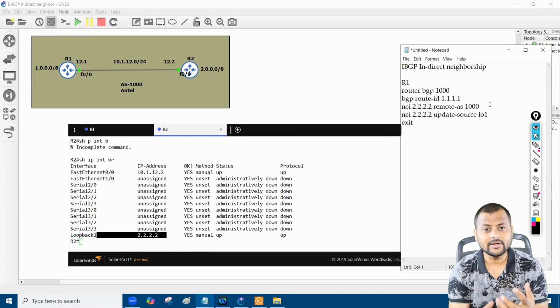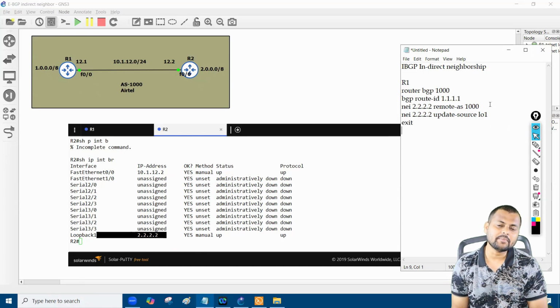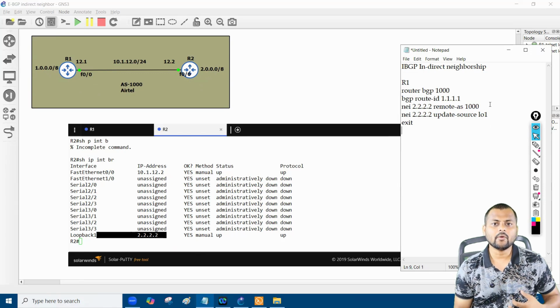That's all. The interesting part, if you compare with the eBGP protocol: in eBGP, we need to define the multi-hop TTL, because by default the eBGP TTL is 1. But in case of the IBGP protocol, the default TTL is set to 255. So we don't need this command.